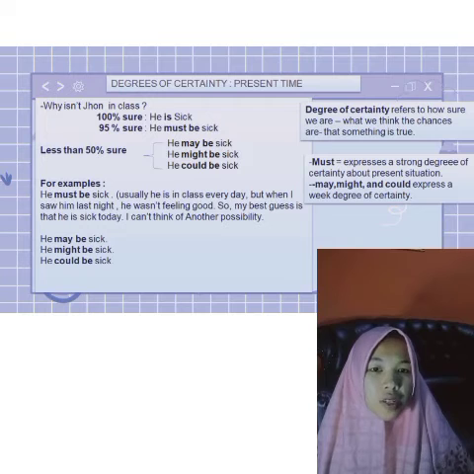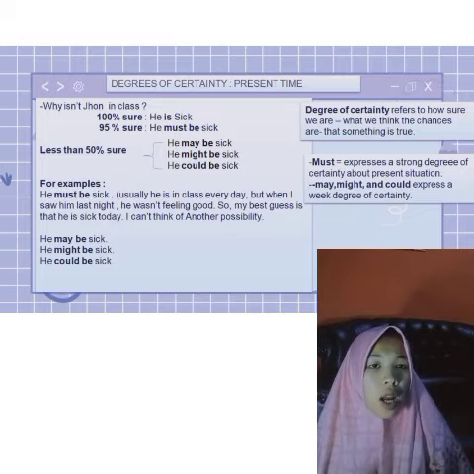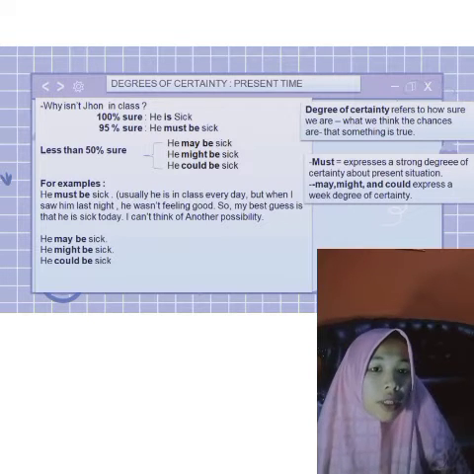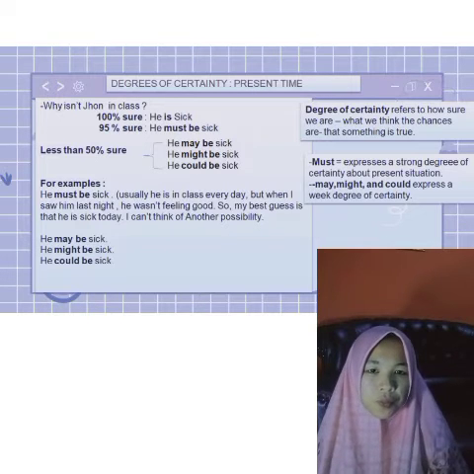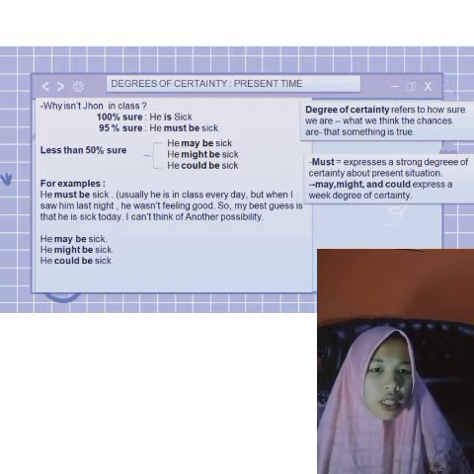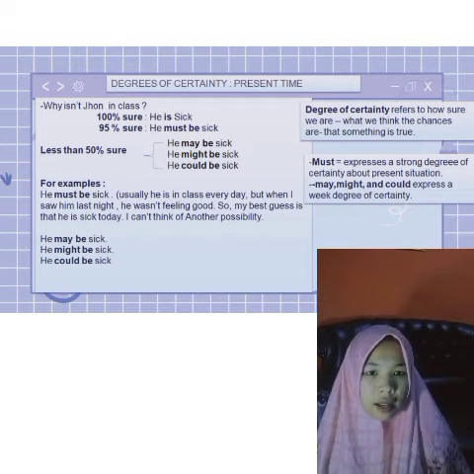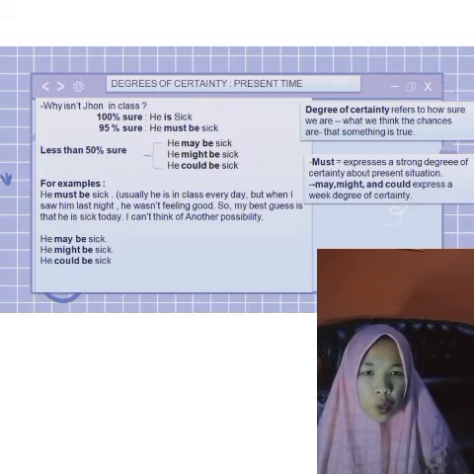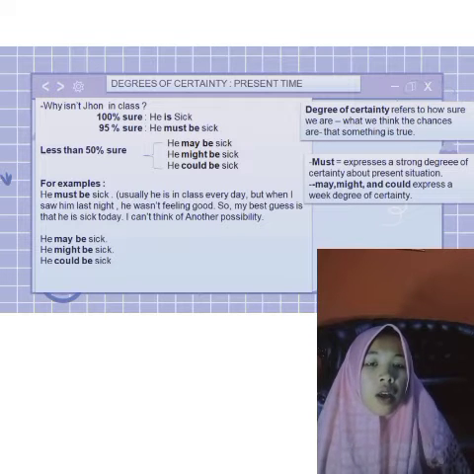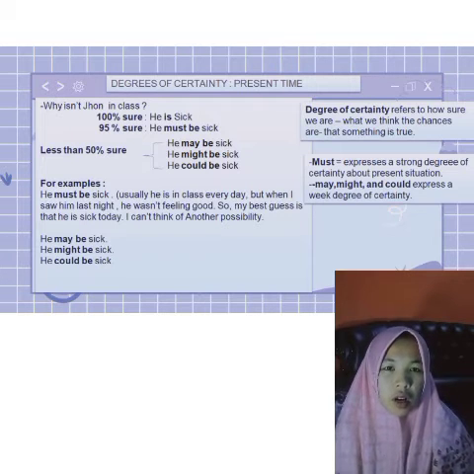The material is degrees of certainty, present time. Degrees of certainty refers to how sure we are of what we think, the chances that something is true. If we are sure something is true in the present, we don't need to use a modal. For example, if I say John is sick, I'm stating a fact that I'm sure is true. My degree of certainty is 100%. Must expresses a strong degree of certainty about